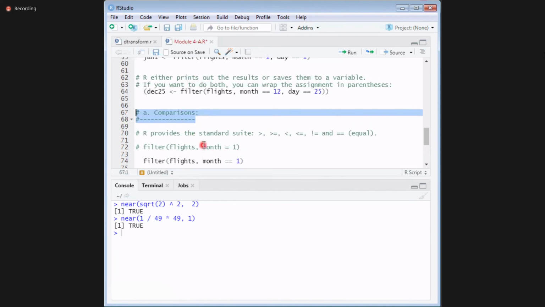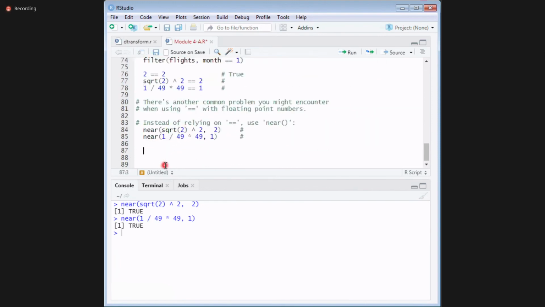So this is one thing, and one more thing is that you need to be good at using logical operators. While using comparison, you should be careful only about double equal to.